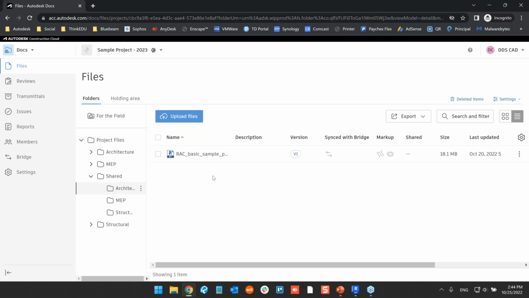I'm resharing something that I've already shared, so it's not going to show us an updated date here. But that is where you would see the shared model. And so in that case, this is where you would be linking from as a consumer of this file. Now, going back to design collaboration,